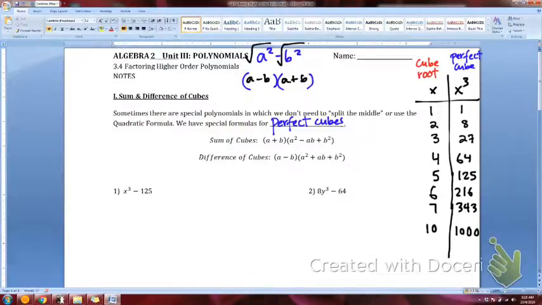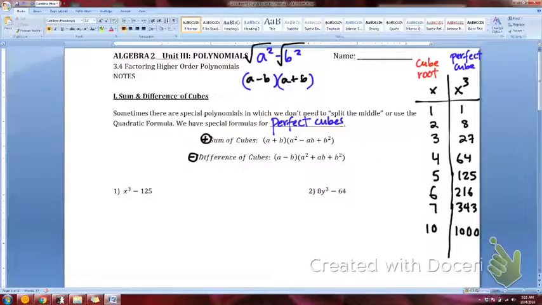So let's look at these formulas that they gave me. I have the sum of cubes and I have the difference of cubes. Remember, sum means addition. Difference means subtraction. You're going to know which formula to use based on the sign of the problem. So if you look at number 1, there's a subtraction sign, so that means we're going to use the difference